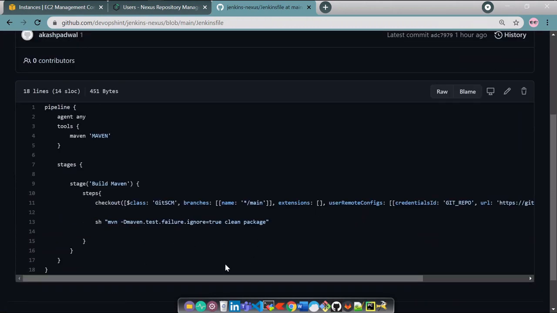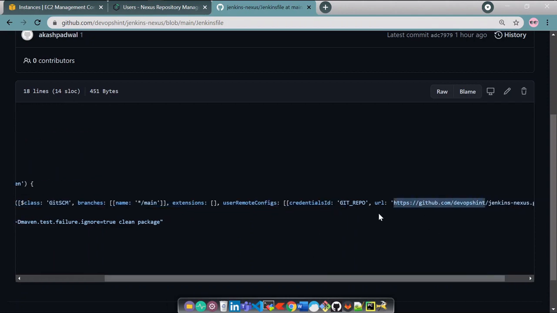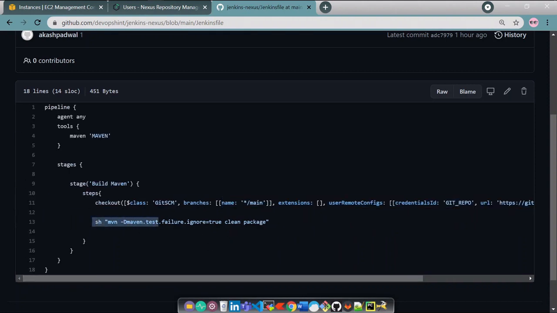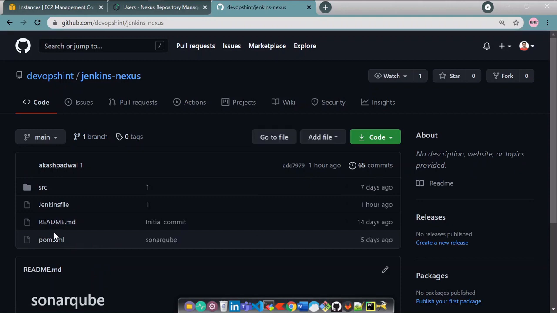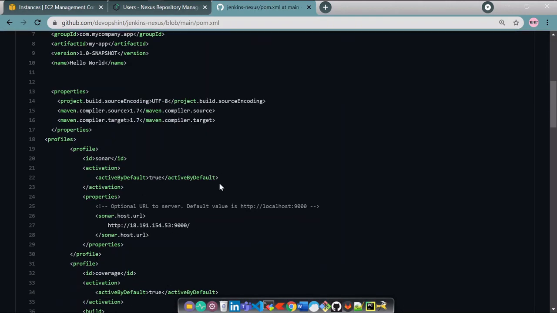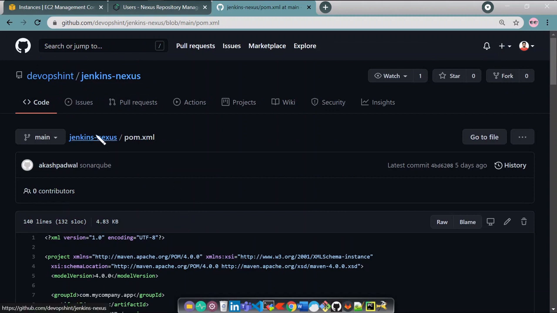In that we have a simple stage which will do the Maven build. Here we have a checkout from our version control, which is Git. So repository URL, then the branch name main, and a shell command which will simply build an artifact. Fine. And there is a pom.xml with all plugins and dependencies needed for our project.